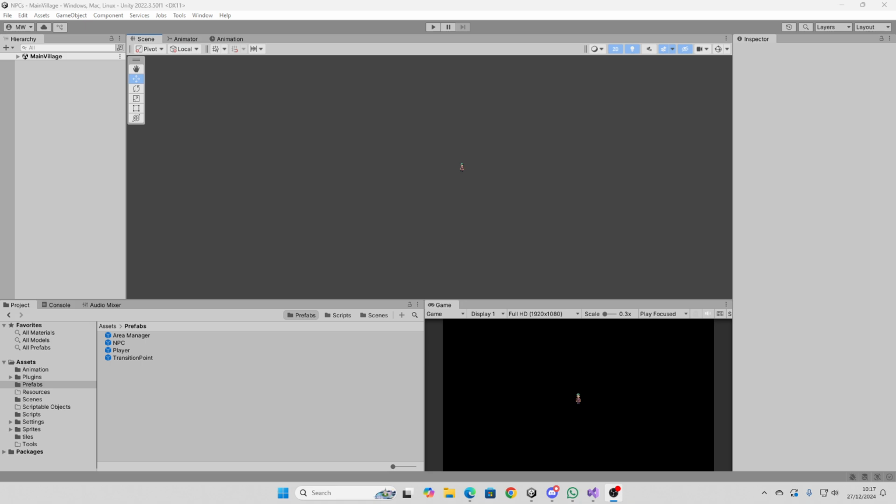I haven't quite finished the schedule system, but I just want to go over how I got the navigation system to work. I'm using a plugin called PolyNav, and it is really easy to use. I've used it in quite a few projects now, and I want to do something a little bit more complex where